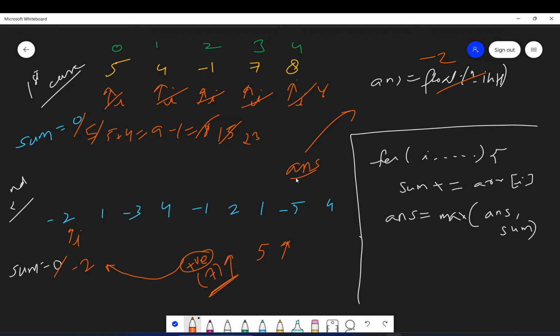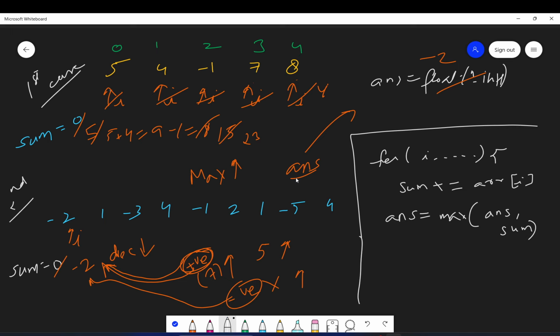Obviously, the 7, right? So if your sum is negative, there is no sense in adding a positive number to it because it will only reduce its value. Obviously, if you have a negative value, that is way worse. Adding a negative into a negative will make it more negative, right? That would not at all make sense. But even if you have a positive value and you add it to a negative sum, it will only decrease the value. And here we are targeting the maximum sum, right? So we want the value to be more.